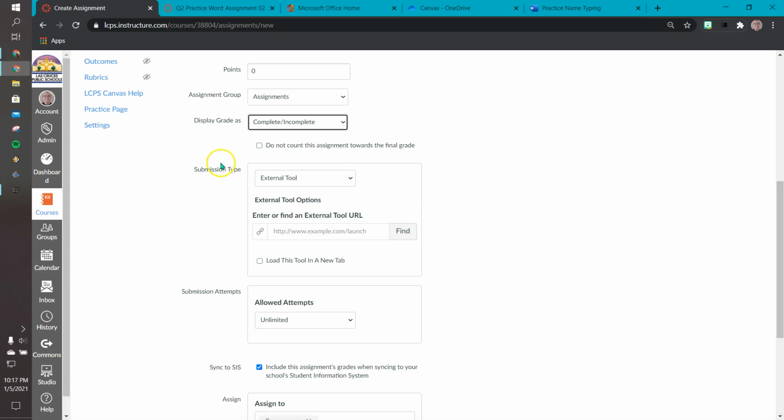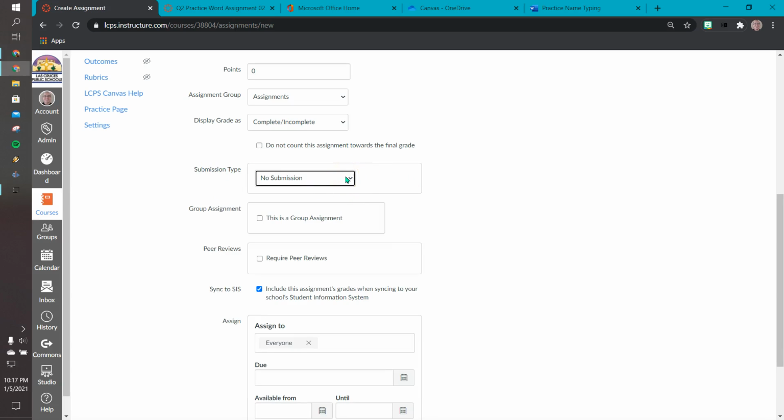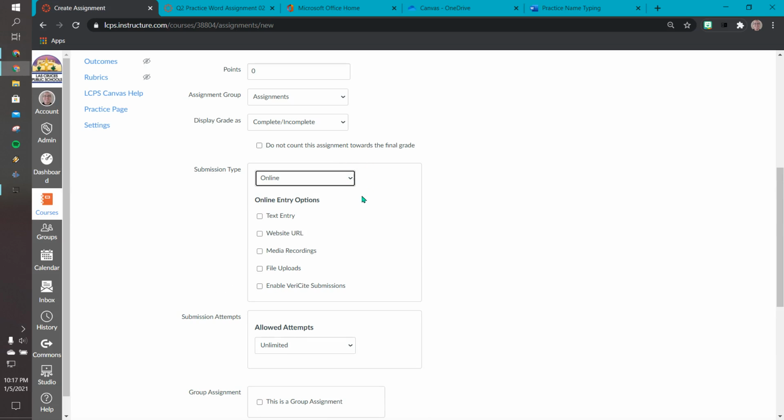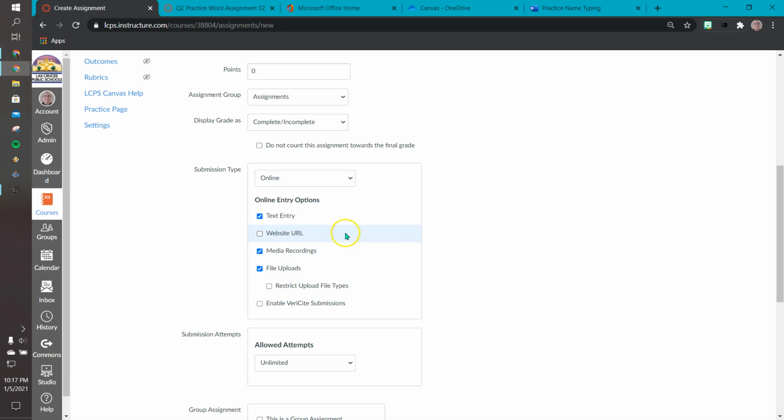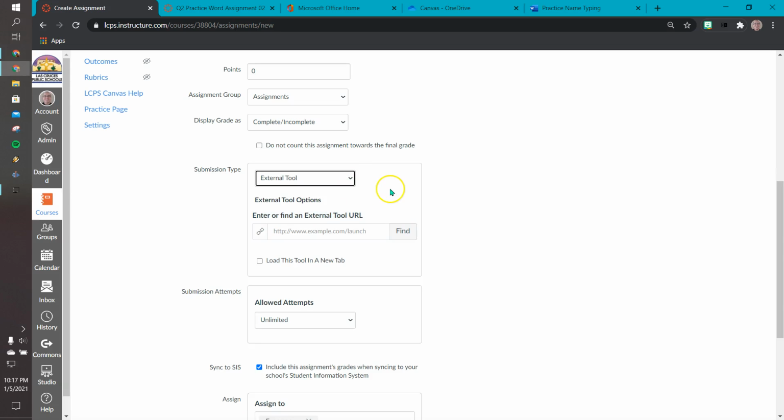And so now here's the thing, submission type. So mine's already showing an external tool here for submission type, but normally you might see this when you start creating an assignment from scratch, right? It'll say no submission. Or if you're editing a current assignment, especially those assignments from the Commons, you might already see the online option, and text entry or something might be already selected, right? File uploads or media recordings, whatever. But for this external tool assignment, we have to click on the submission type drop-down menu, select external tool,